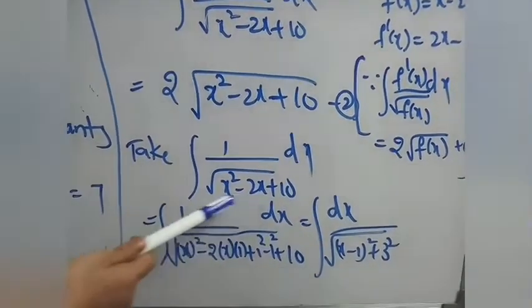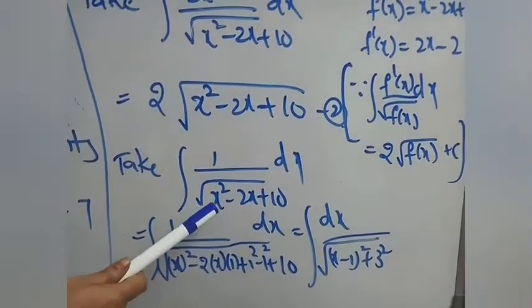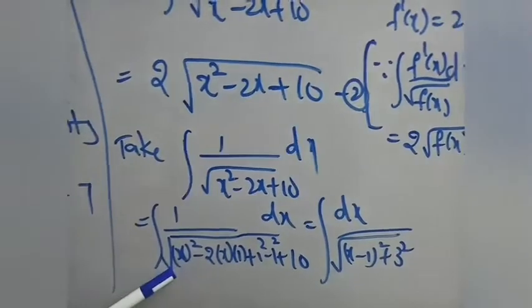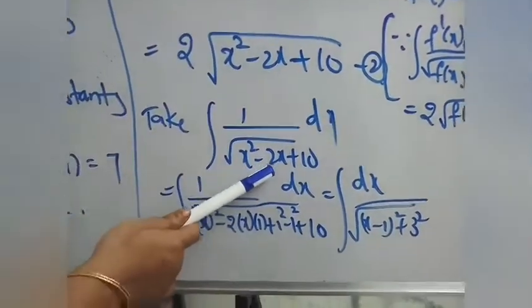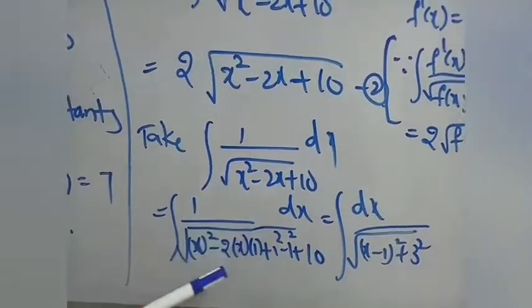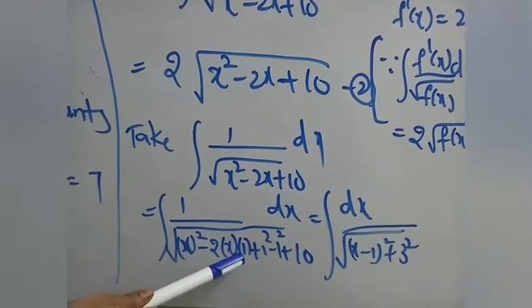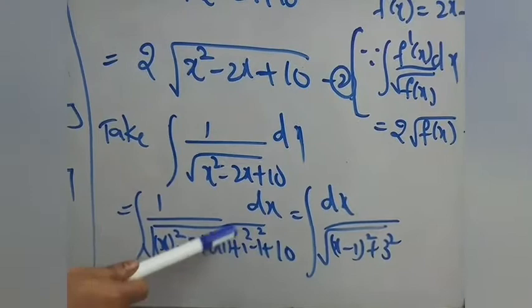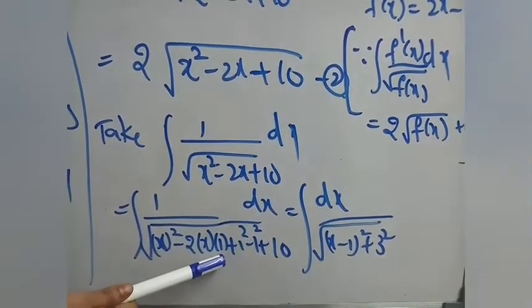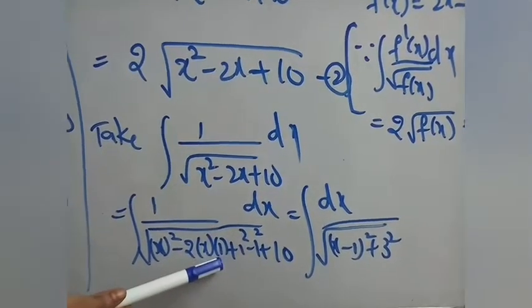Here we can convert this into (a minus b) whole square form. For that, take the a square term as it is, and this is the 2ab term. In this, the 2 minus 2 stays as it is, and the a term is x. For taking the b value, by taking which one for b can we get minus 2x? By taking 1. That's why we are taking b as 1.